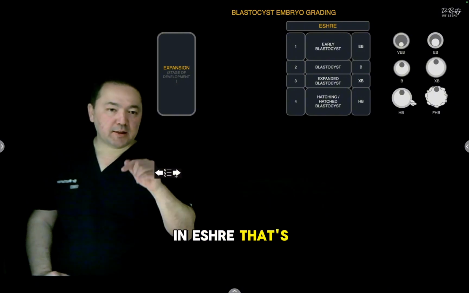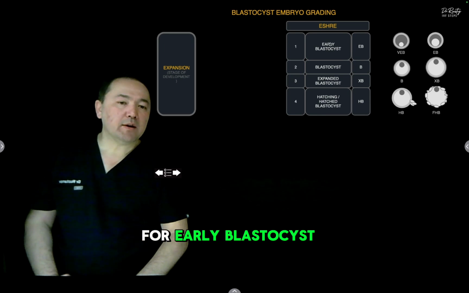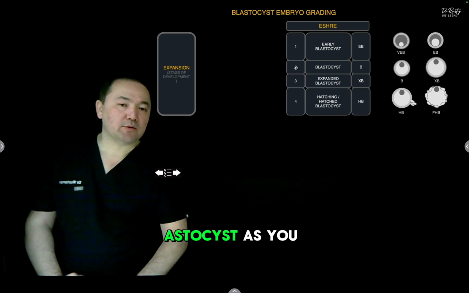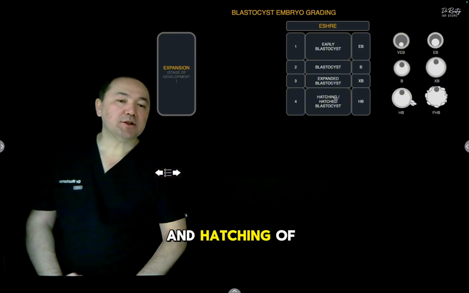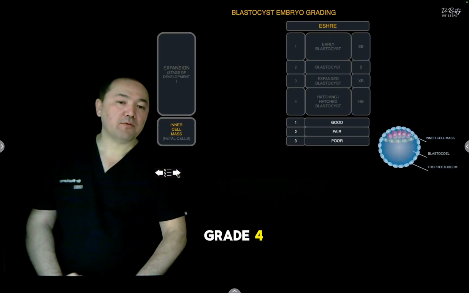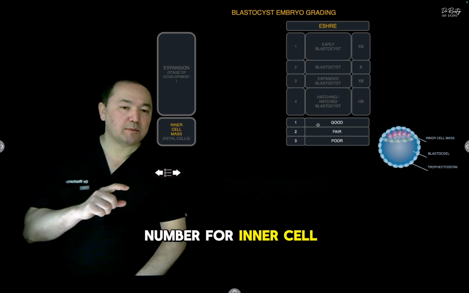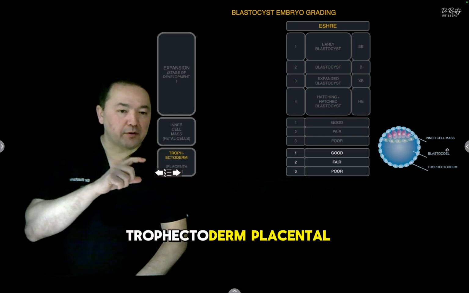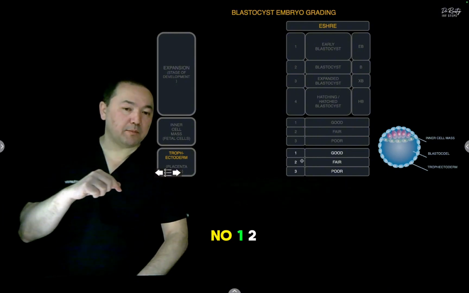In ISHRI, that's the European system for grading, you have a slightly different grading system. For early blastocysts, you give a grade 1, and full blastocysts you give a grade 2. Expanded blastocysts you give a grade 3, and hatching or fully hatched blastocysts is grade 4. Here, instead of giving letters, you give a number for inner cell mass: 1, 2, 3, 1 being highest grade. Then for trophectoderm, placental cells, again, instead of letter, you give a number: 1, 2, 3, 1